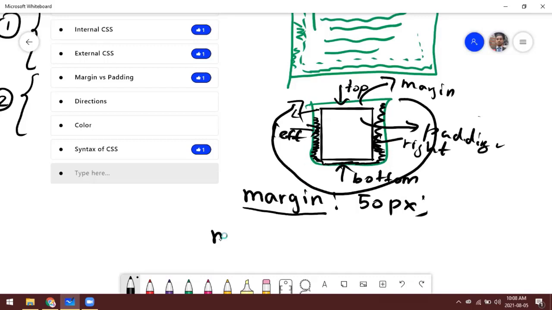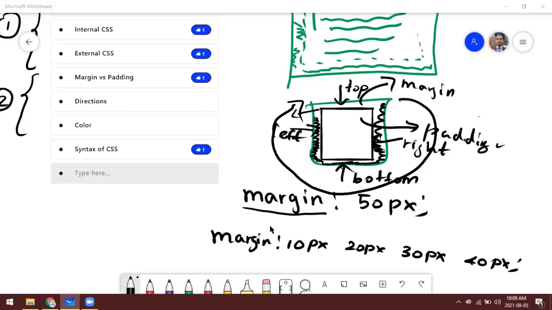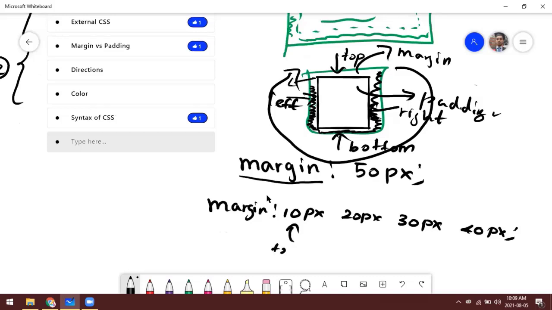If you just apply margin like this, we discussed this, right? I am just revising again and again so that you can easily remember. If you apply margin this way, this first one is for the top, then right, bottom, and left.